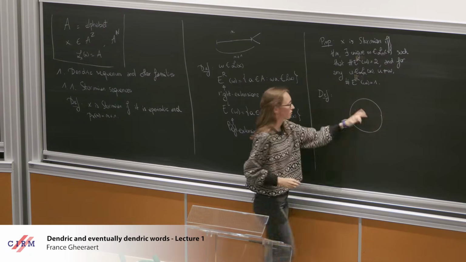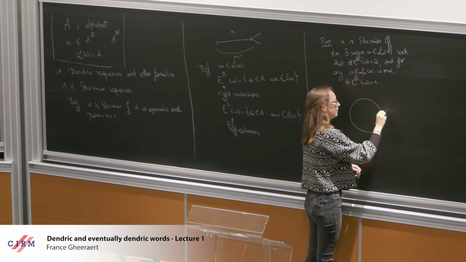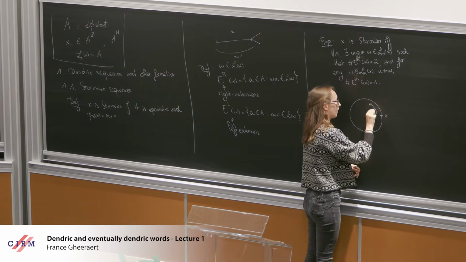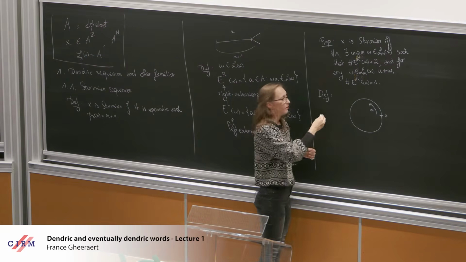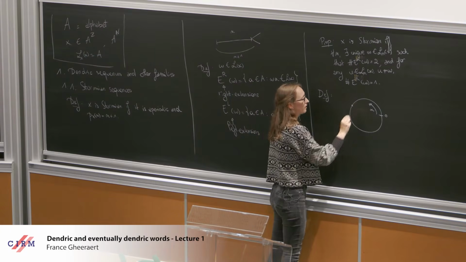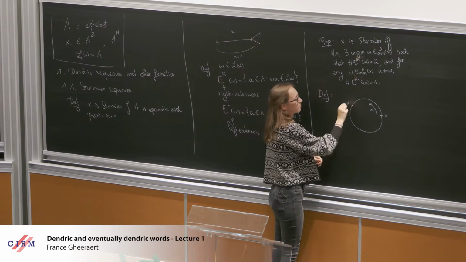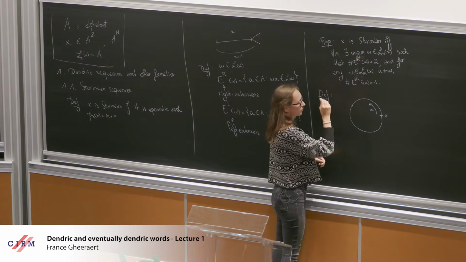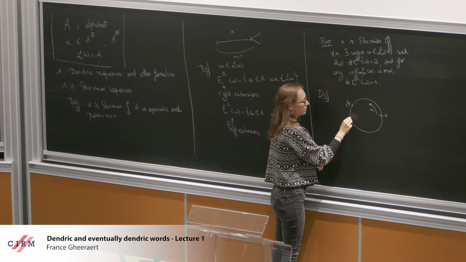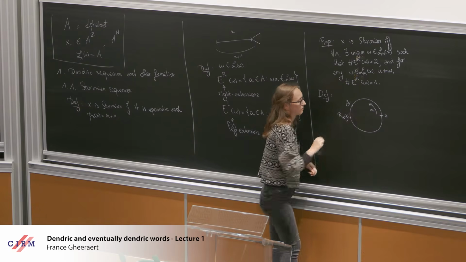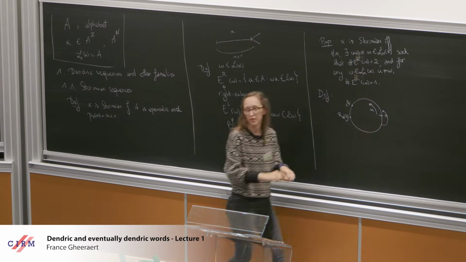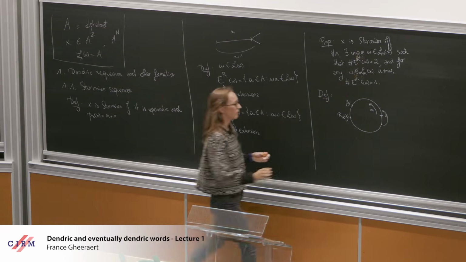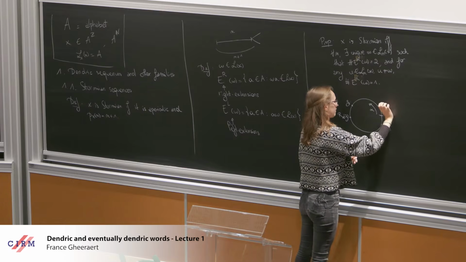So take a circle. You take a parameter alpha, an angle basically. And what you do is you have a dynamical system that for each point z, you will shift it by this angle alpha. This will be the image of z. And of course, if your point is there, you shift it and you go over there. So always the same angle alpha. So you have this dynamical system.